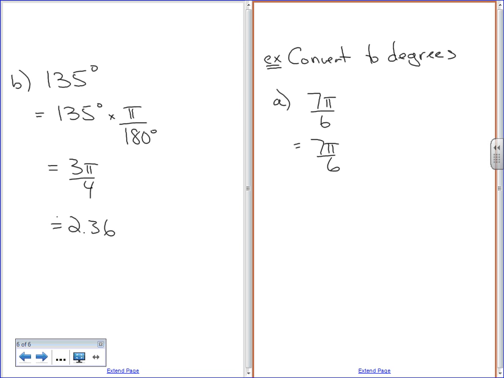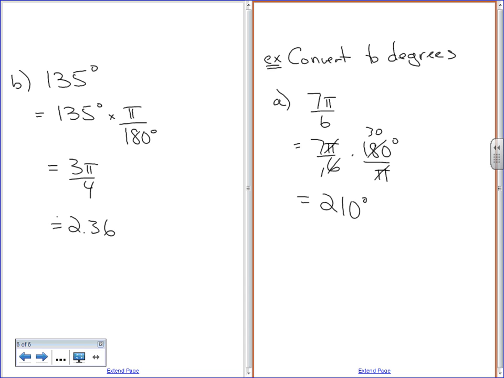7 pi over 6, multiply it by the conversion factor. And again, this time, you want to end up with degrees, so you're going to multiply it by 180 degrees over pi. You want your answer to end up in degrees. Okay, so the relationship's always 180 and pi, just depending on which one you want to divide through. Pi divided by pi is 1. 6 goes into 6 once, goes into 180 30 times. 7 times 30 is 210